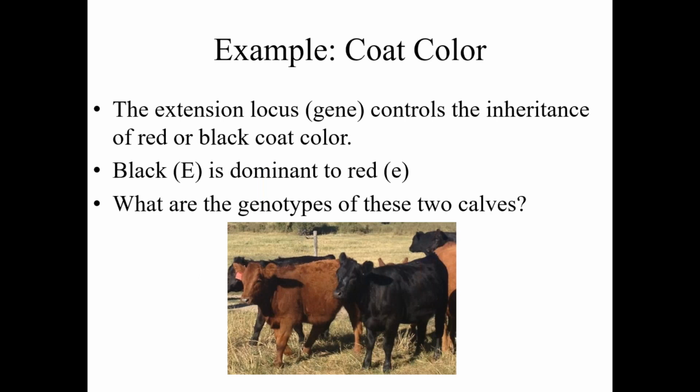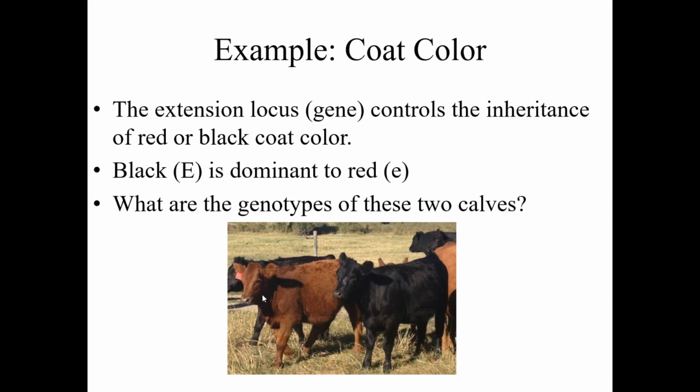An example of this is coat color. The extension locus is the gene that we talked about that controls the inheritance of red or black coat color. There's actually lots of different genes if you get into the minutia, but the main gene that we talk about is the extension gene. Black is dominant to red, and so hopefully folks can see the screen now,